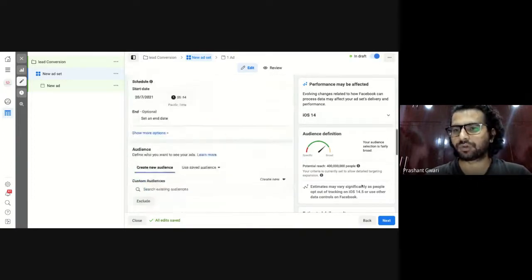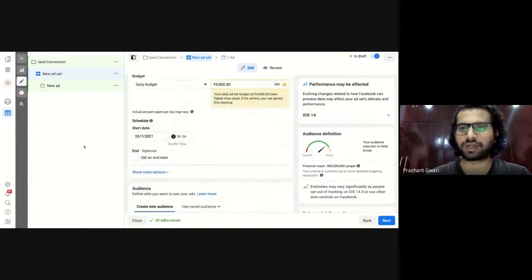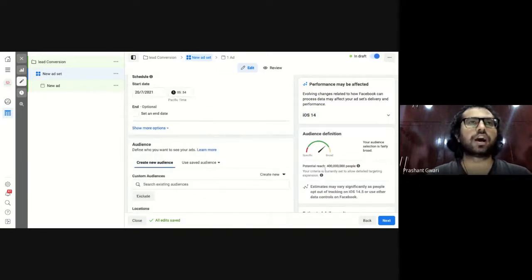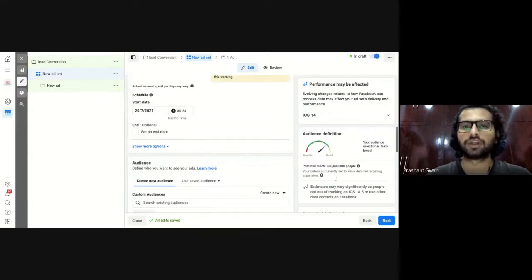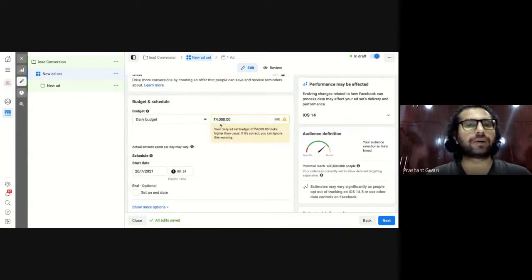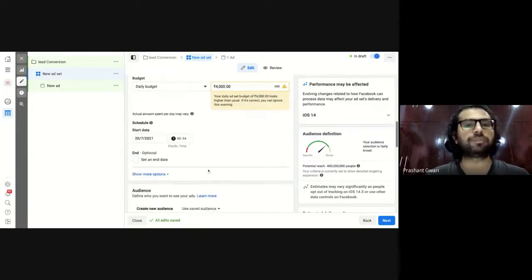Actually, the page is not going down right now because of this iOS notification. Otherwise, it would show you here how many leads or how many conversions you can get in 4,000 rupees. So once you pick a budget from here, the next thing is that you have to pick a start date and end date of your marketing campaign.